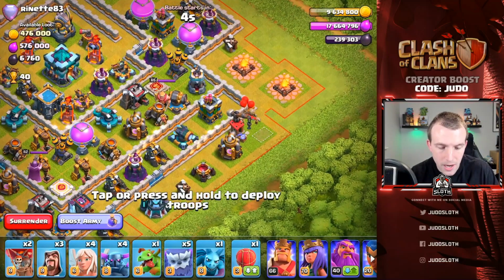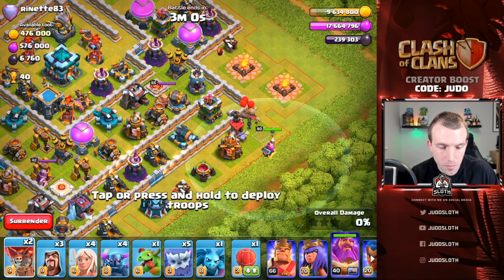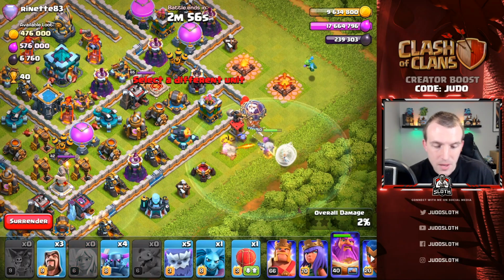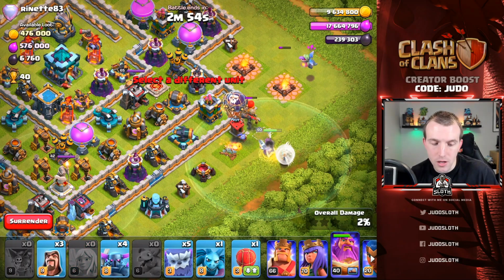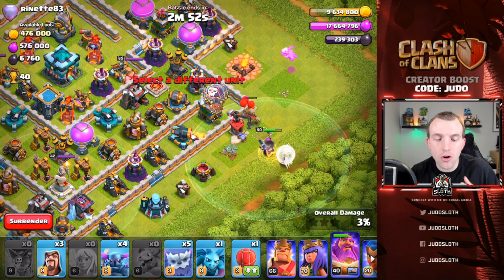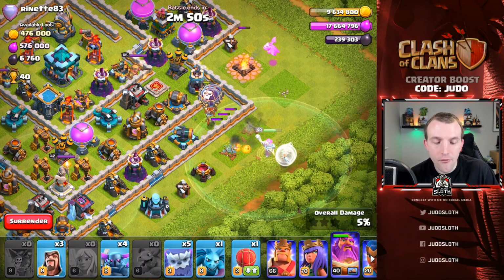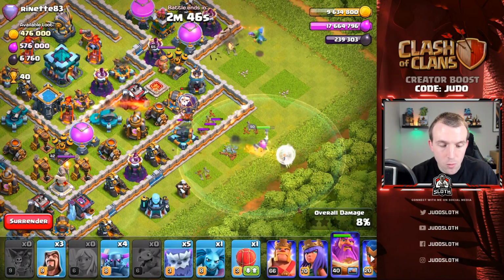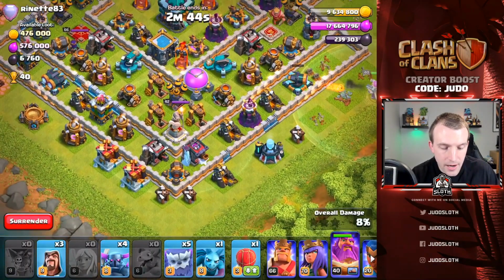So let's go with the Royal Champion, the Grand Warden, sorry, probably here. Then let's go with 2 balloons, followed by my healers and the baby dragon to set up that funnel initially. All I want is a couple of extra buildings here from the Grand Warden Walk. Now my balloons have done a pretty good job there. The Grand Warden will move in here, and then let's